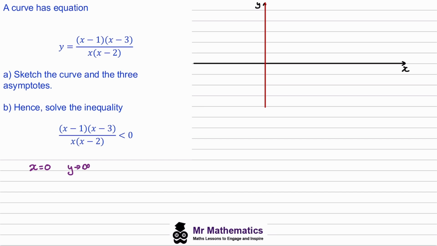Another point we need to consider is when x tends to negative infinity. If we substitute in negative infinity, then this negative 1 will become negligible, so we'll get negative infinity here. The same for this negative 3, so we'll get negative infinity squared. We'll do the same for our denominator and get another negative infinity squared. So you can see now as x tends to negative infinity, y will tend to 1. I've shown this on the graph as the horizontal asymptote